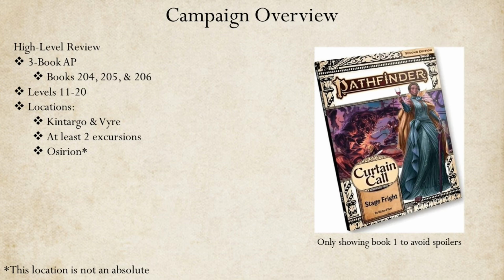As usual, the official player's guide for this campaign has been published online for free by Paizo and is available at the link in the video description. This player's guide is definitely one of the best Paizo has ever produced, so I highly suggest you give it a read. Curtain Call focuses on the city of Kintargo in the Duchy of Ravenel, a nation which recently rebelled against infernal Cheliax and became an independent nation.